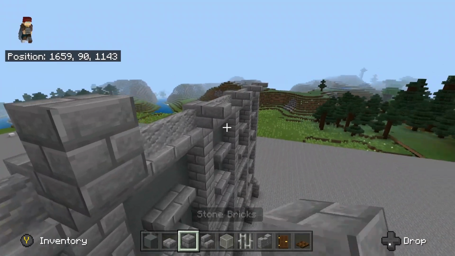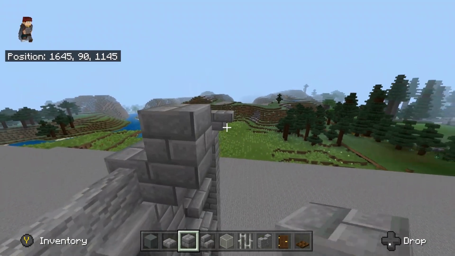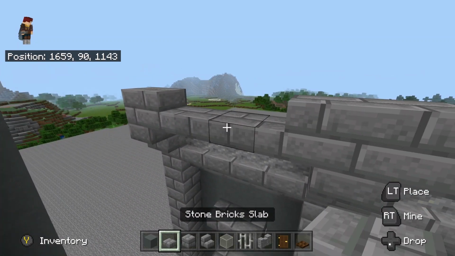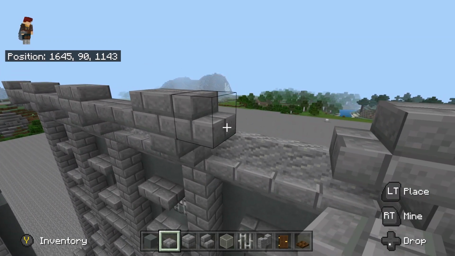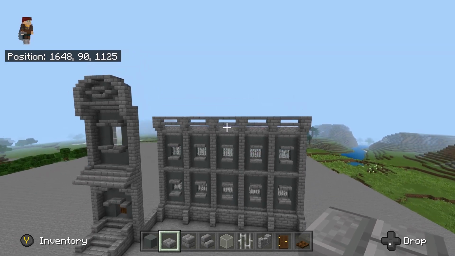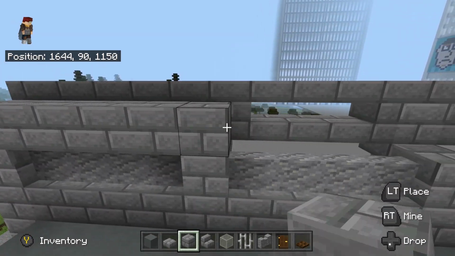Let's put another brick on top of these. You could use a chiseled brick if you wanted even more detail. Then we're going to put these stairs on. Fill that bit in with these half slabs. And a line of half slabs on top. Now you could just leave it like that, but I'm going to fill in the back here with a layer